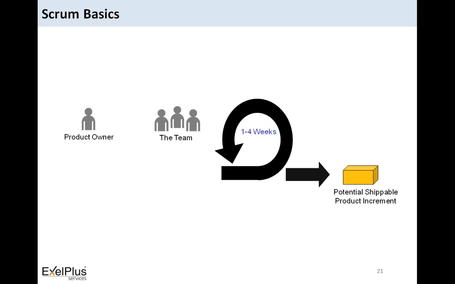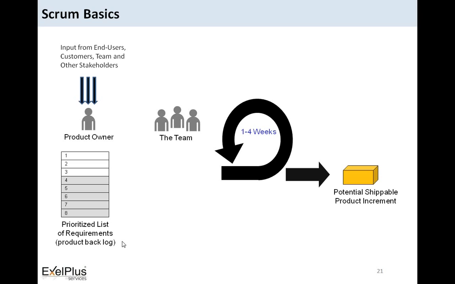All the requirements come from the person called the product owner, who takes inputs from various stakeholders and comes out with a prioritized list of requirements, which is called the product backlog. These requirements will be in the form of user stories. User stories are smaller requirements, not bigger requirements like use cases. They are smaller functionalities or smaller pieces of work which add value to the customer when they are delivered. All the requirements are split in the form of user stories, and the product backlog is prioritized